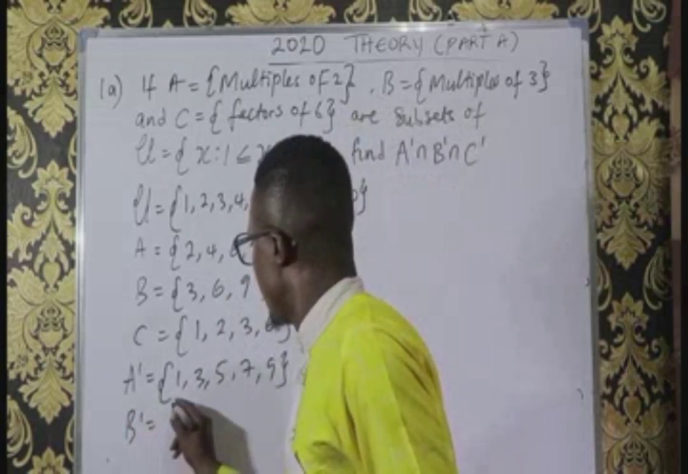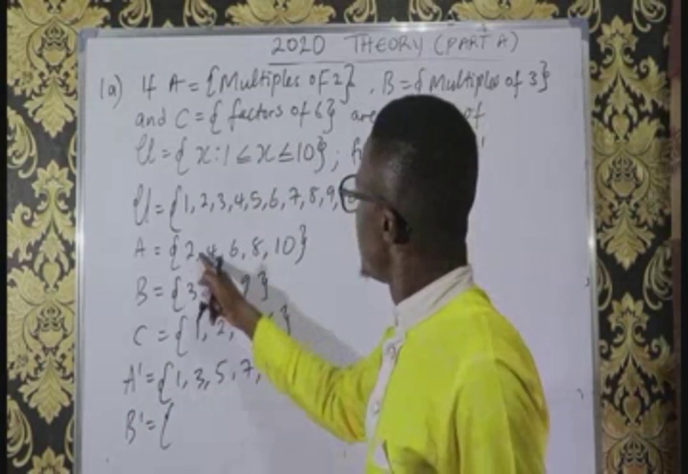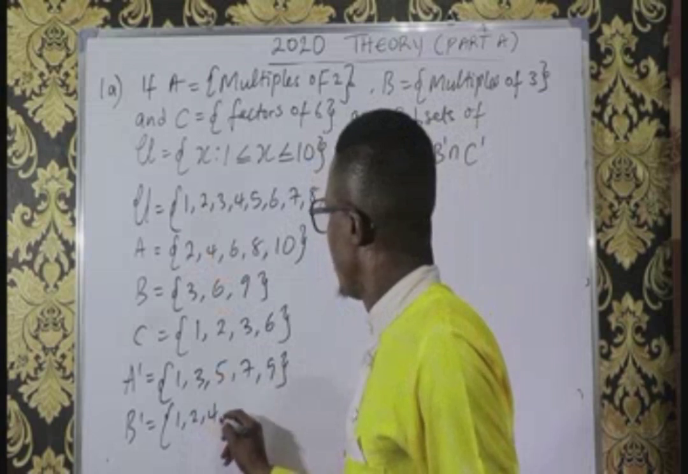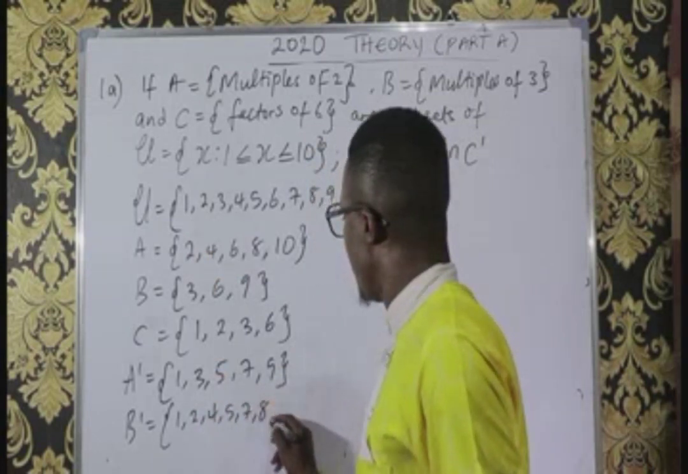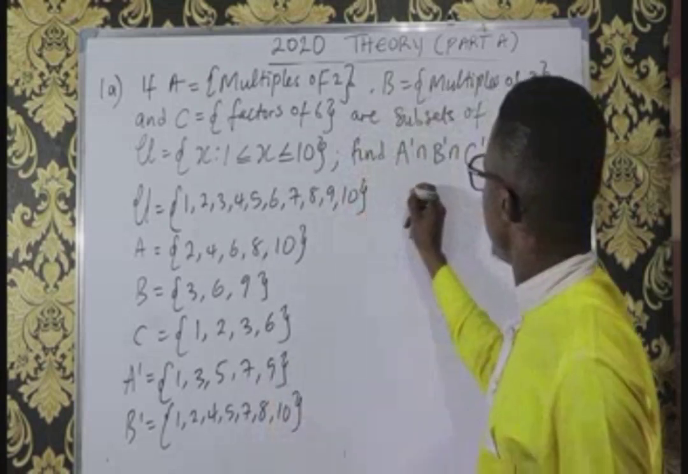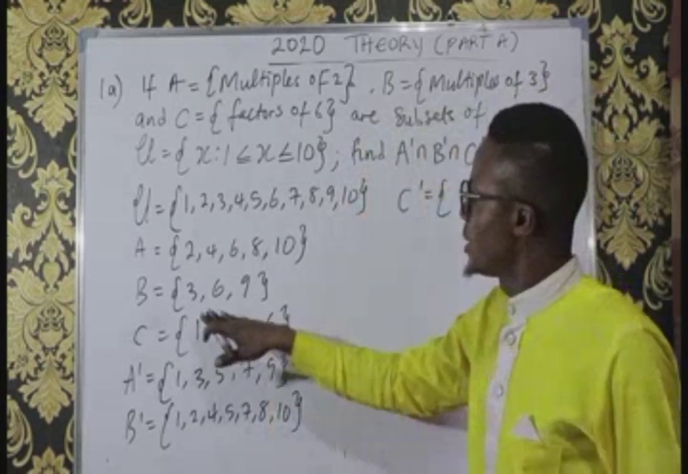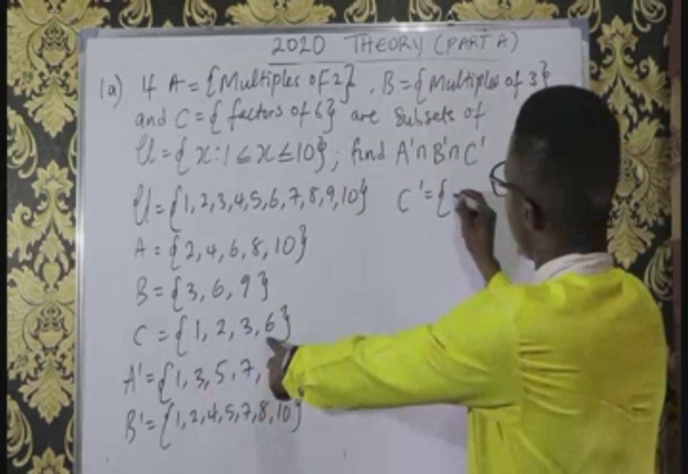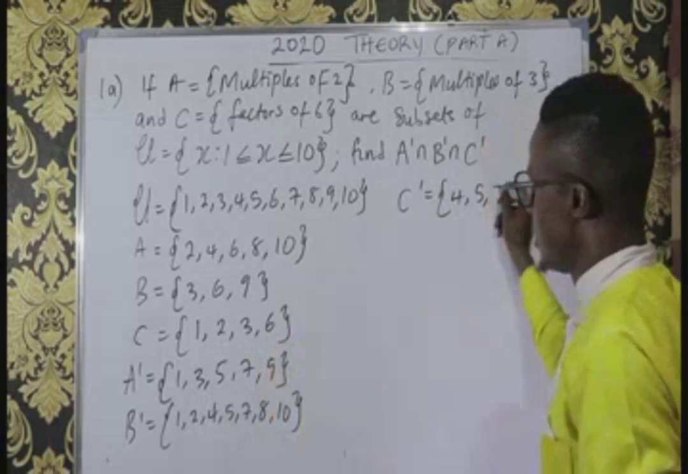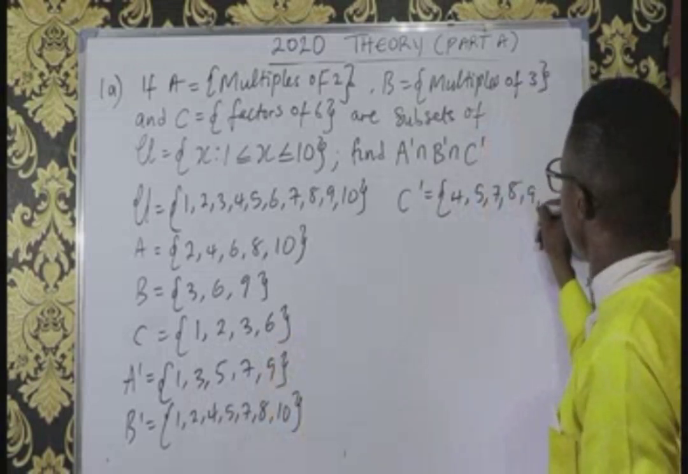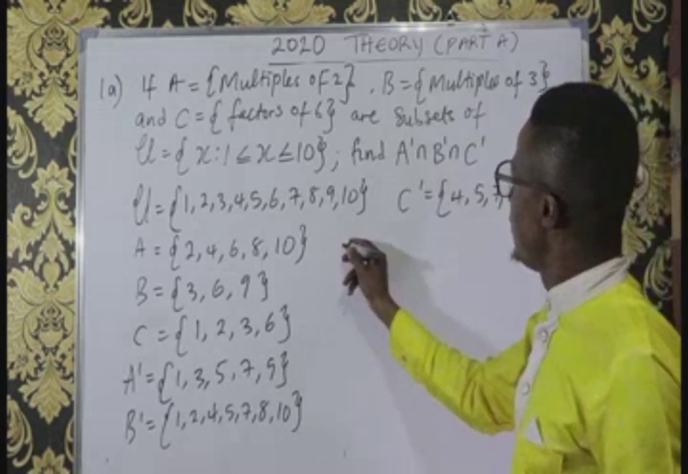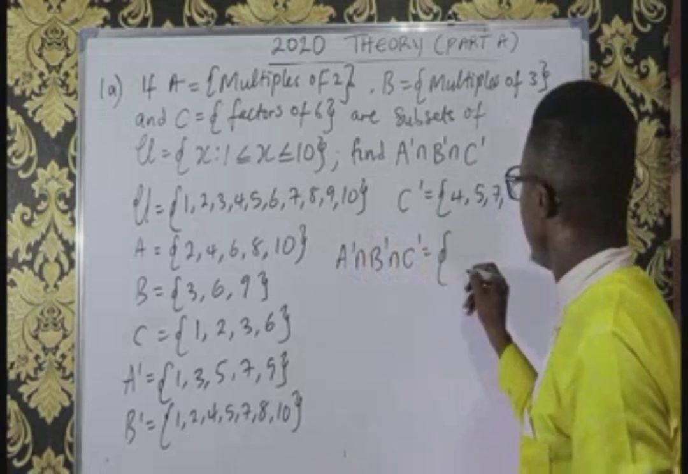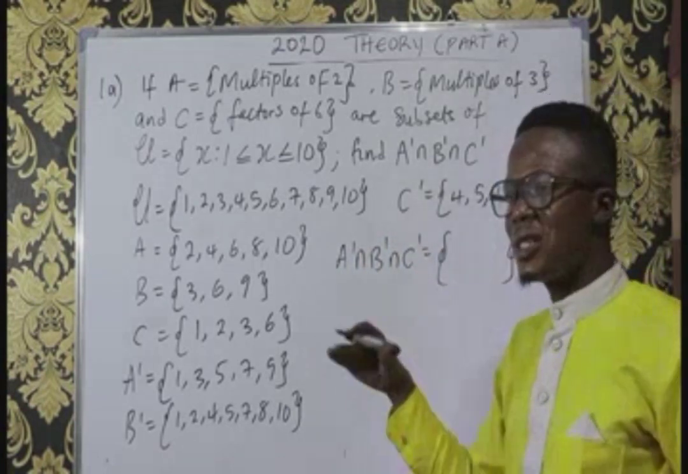B complement are those elements that are missing in set B, which is 1, 2, 4, 5, 7, 8, and 10. Then C complement are those members or elements missing in set C, which is 4, 5, 7, 8, 9, and 10. Therefore, A complement intersection B complement intersection C complement will give us, intersection means what elements